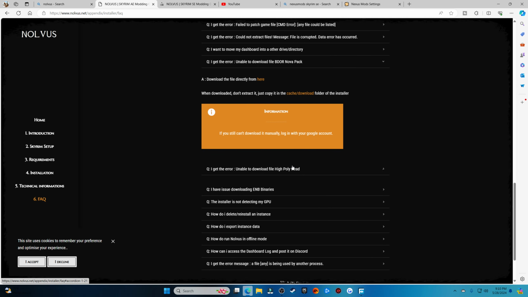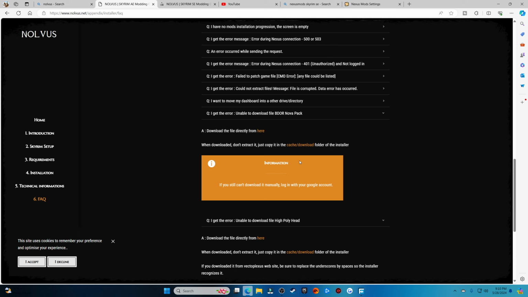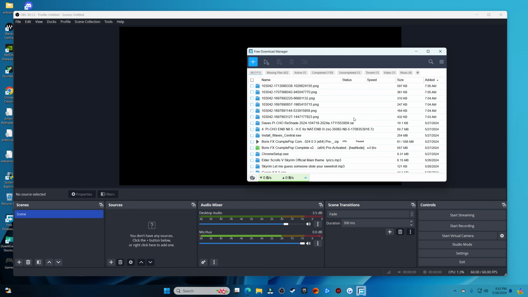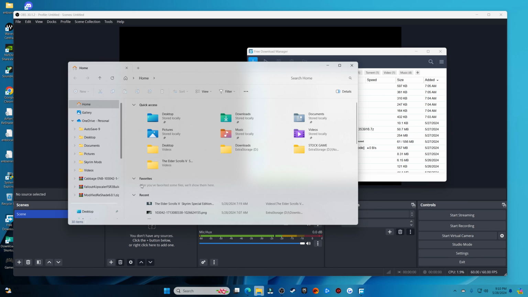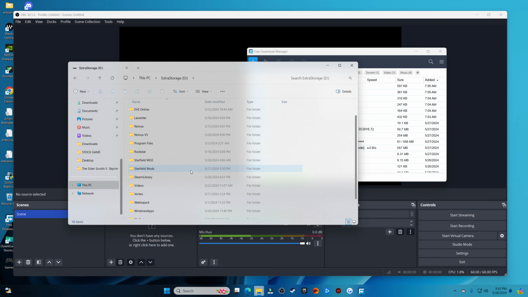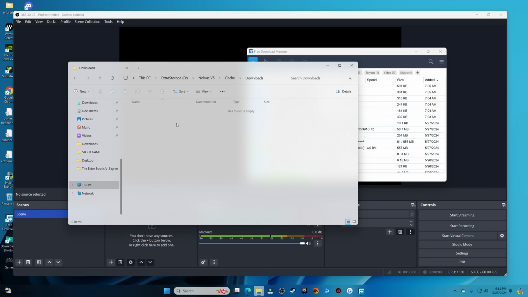So you click that and download it. It'll download it straight from the site. Then you go to High Poly Head and download that too. Now you're going to want to take those downloads, cut them, or copy them, whatever. And then you go back to your Nolvus directory where the folder of Nolvus is. You go to Nolvus v5, and then there'll be a cache here. You go to cache, and then you go to downloads, and you paste them in here,